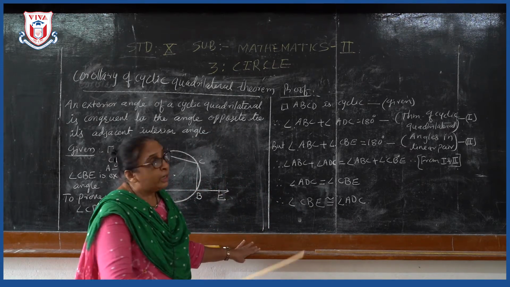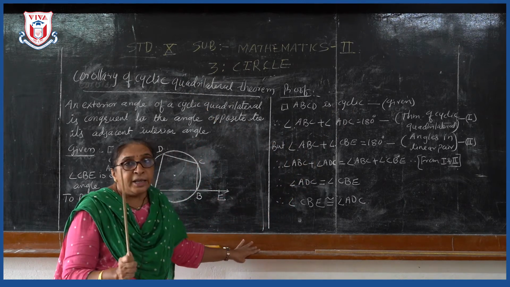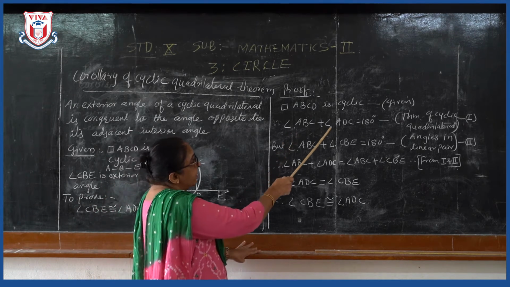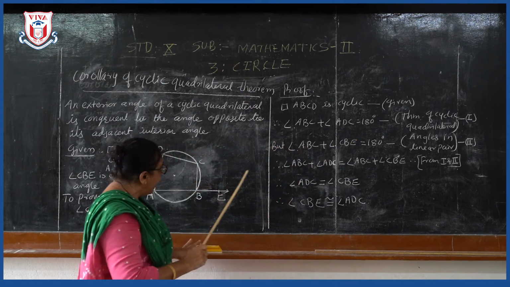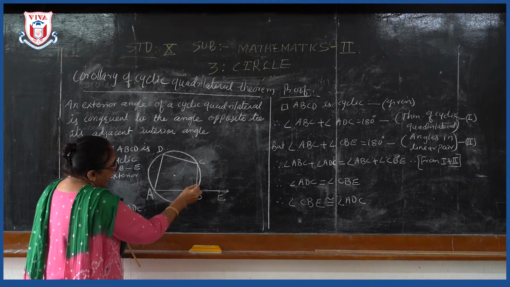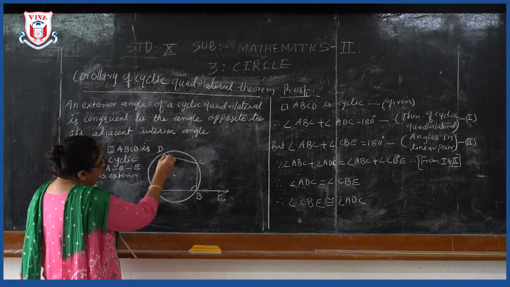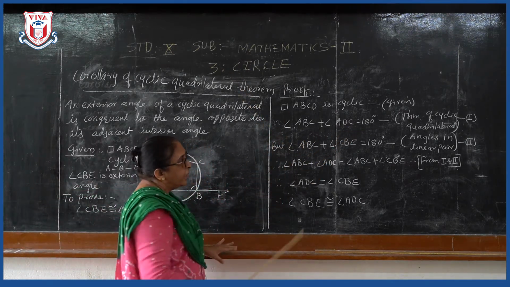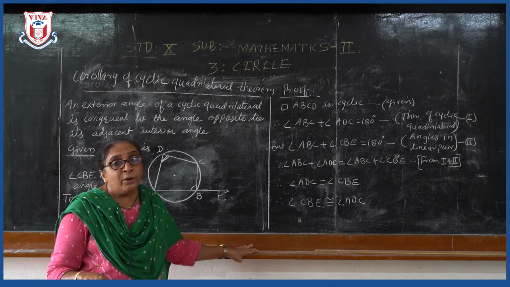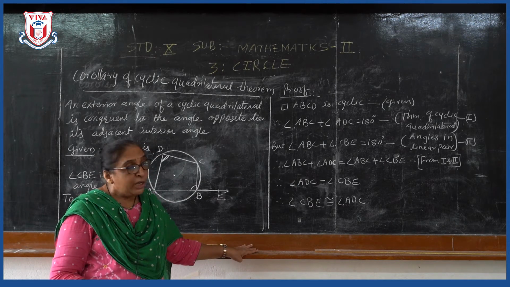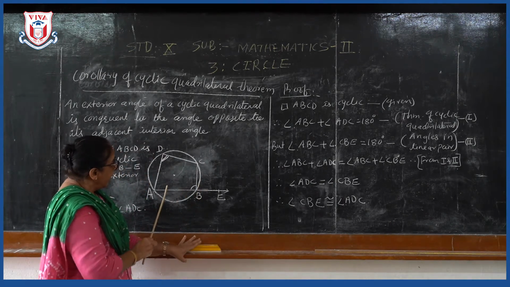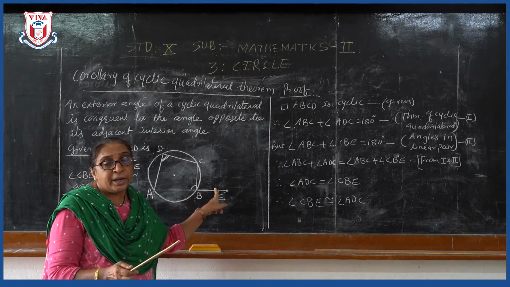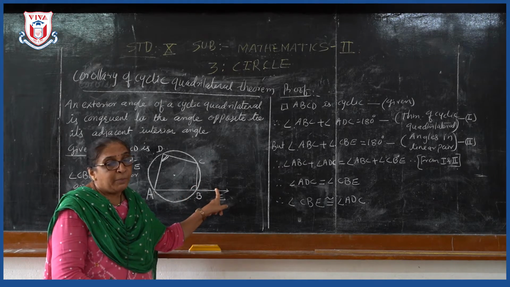We know that quadrilateral ABCD is cyclic, and hence its opposite angles are supplementary. So, angle ABC plus angle ADC is equal to 180 degrees. See, this angle ABC and angle ADC are opposite angles, so their sum is 180 degrees. Now, we have to find another pair of angles in which angle ABC is common, but another angle also should be added such that they are supplementary.